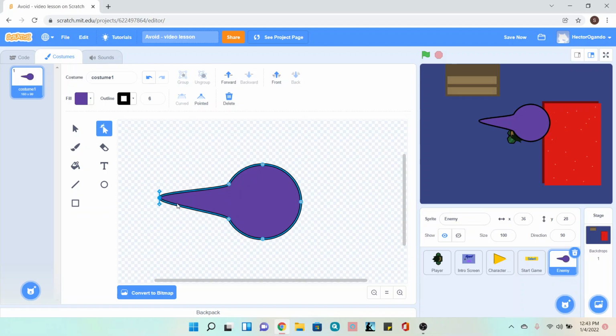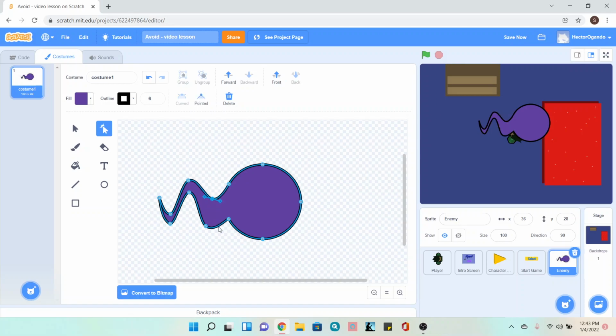After I move the point, I'm going to add another point below this and move it down. I'm going to add a point in a similar place on top and then move this down. And then I'm going to follow that process again. So I'm going to grab a point at the top, move it up, grab a point close to where this top one is at the bottom, move it up as well. So you can see I'm making sort of like a ghost. So I'm going to do this last one here